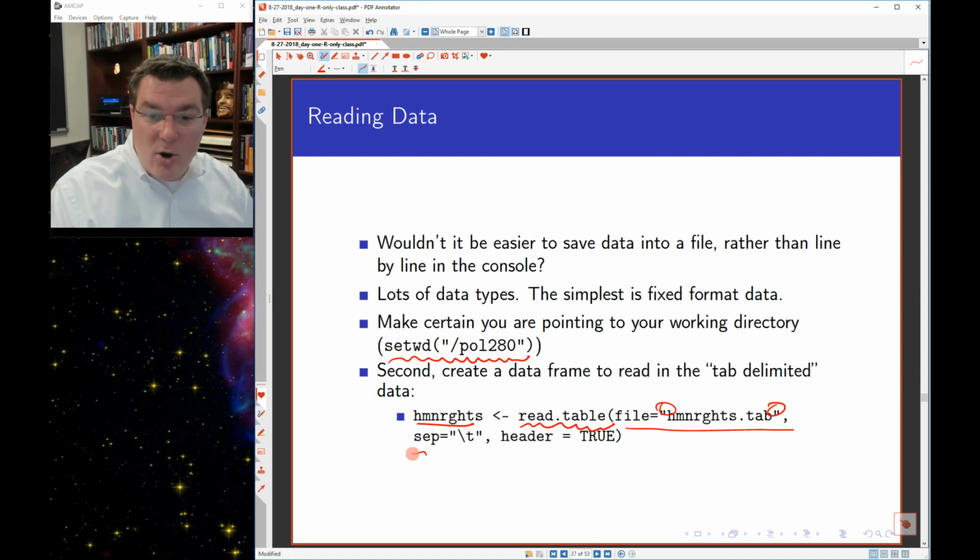There's this sep argument. This is the separator, essentially what separates the columns from each other. And the quotation marks with backslash t is computer language for a tab. So this is a tab separated file. If this was a comma separated file, you could use sep equals comma. That would work. You could also use, as a shortcut for that, read.csv, and then the file name, whatever it is,